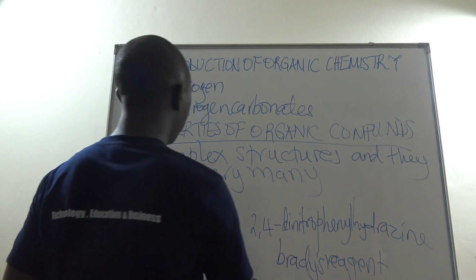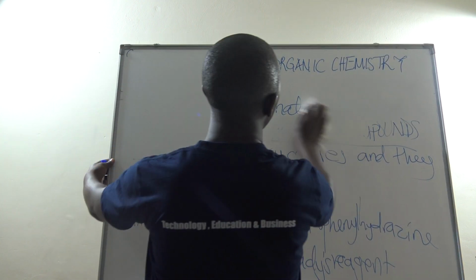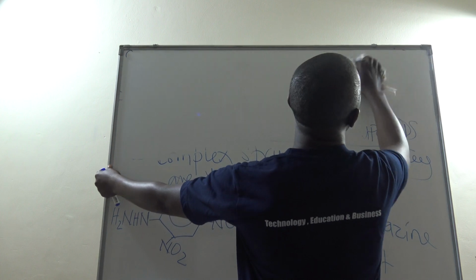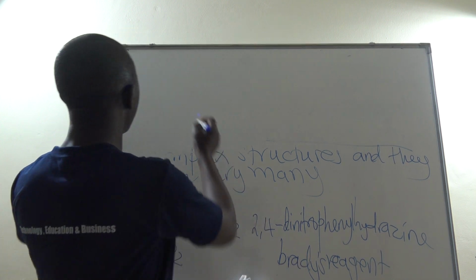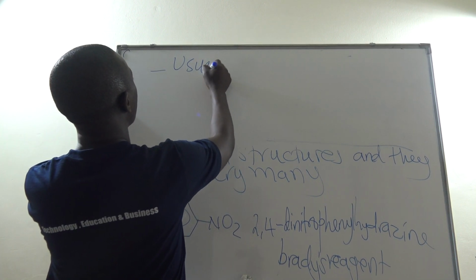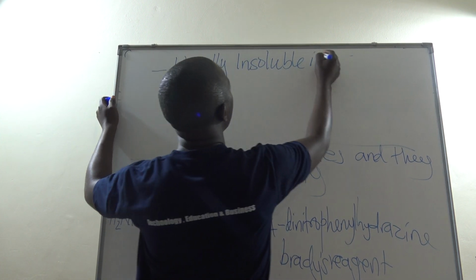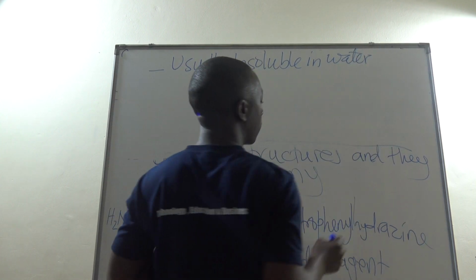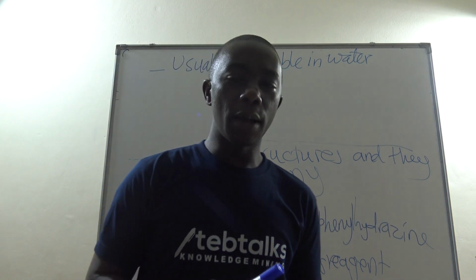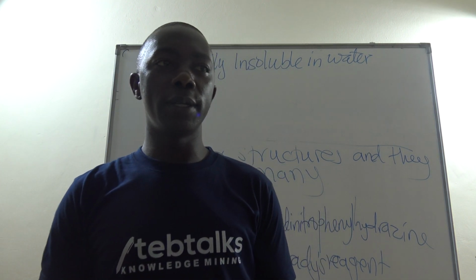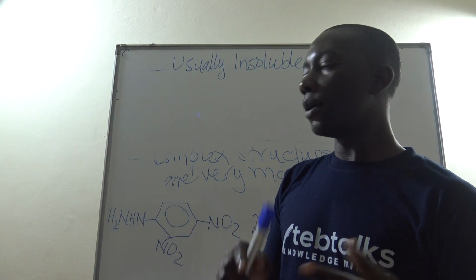Then another property is that these organic compounds are usually insoluble in water. Now, to understand that they are insoluble in water, we need to know why they are insoluble in water. Number one, water itself is a polar solvent. Polar solvent means there is a displacement of the dipoles. When you look at water,